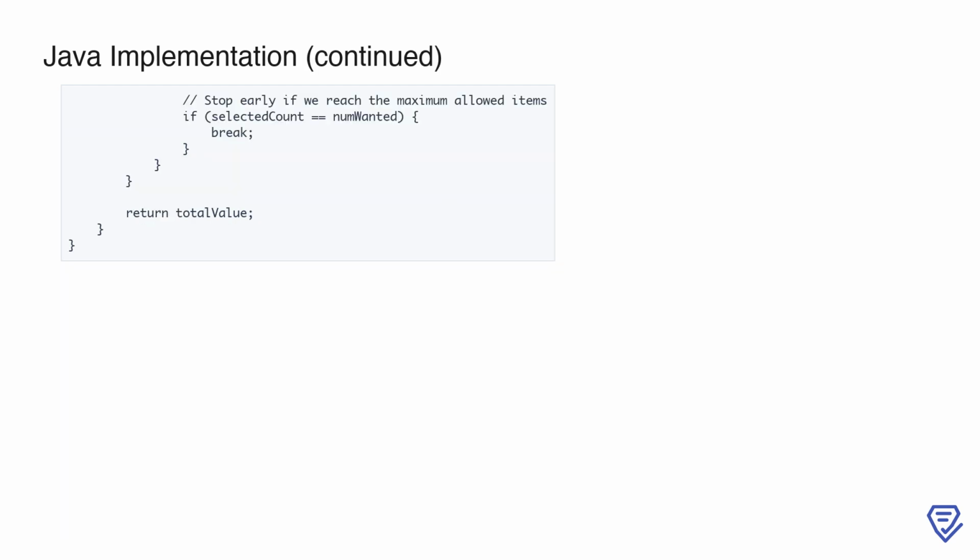If selecting an item causes the total number of selected items to reach the maximum allowed, we stop the process immediately using a break statement. This ensures we don't perform unnecessary iterations once our constraints are satisfied. Finally, after the loop finishes or is terminated early, we return the accumulated total value, which represents the sum of the largest values we could select while respecting the constraints on the number of items and the usage limits for